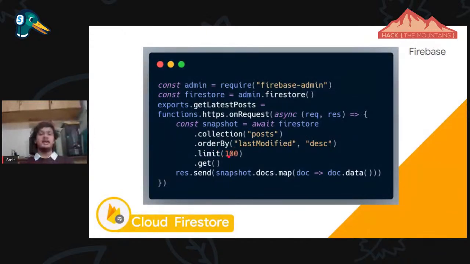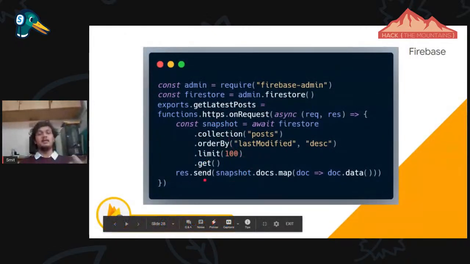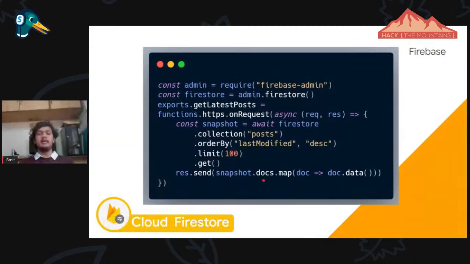So I need only the 100 latest posts, and I get the data using the get function. The data is stored in the snapshot, and then you can response.send the snapshot.docs to the user. Now it will map each doc to the doc data. This is a basic feature of how you can use the Cloud Firestore.